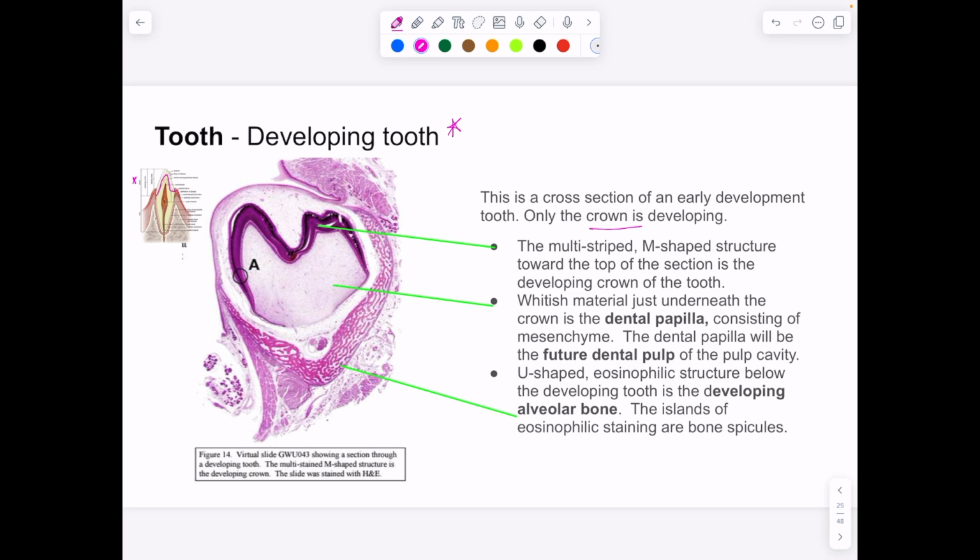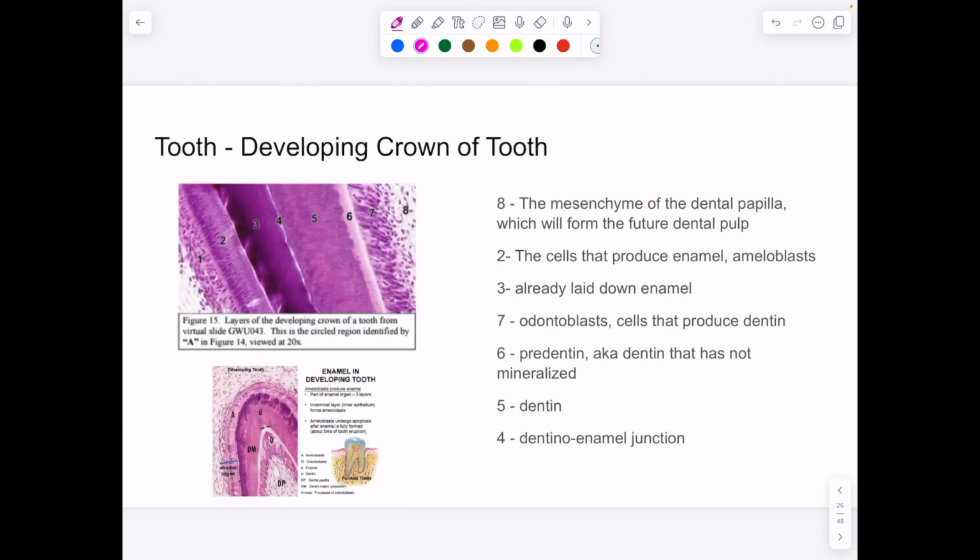The whitish material is the dental papilla, and it's consisting of mesenchyme. And then this is the future dental pulp overall, again. And then this U-shaped part right here is developing alveolar bone, and you see bone spicules right there. All right, so if we zoom in on this section right here, we can see the enamel and dentin being